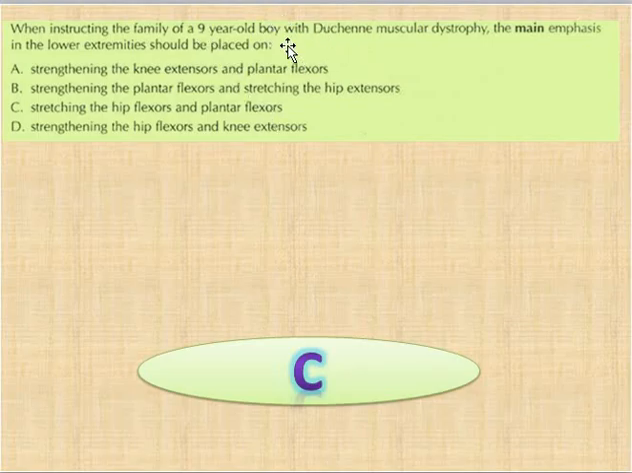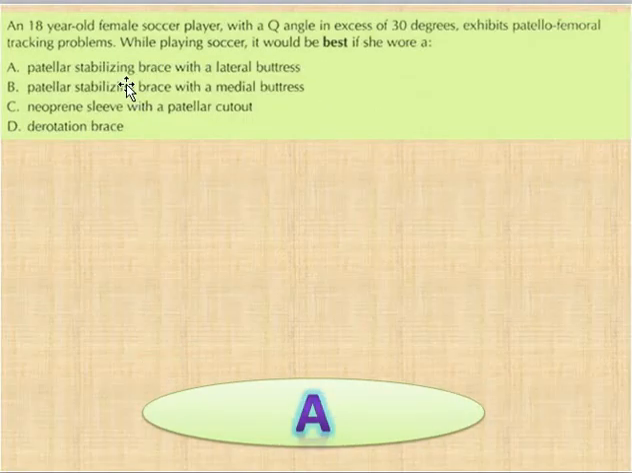When instructing the family of a 9-year-old boy with Duchenne muscular dystrophy, the main emphasis in the lower extremity should be placed on option A, strengthening of the knee extensor and plantar flexor, B strengthening the plantar flexor and stretching the hip extensor, C stretching the hip flexor and plantar flexor, and D strengthening the hip flexor and knee extensor. And the correct option is C, stretch करना है हमने hip flexors को और plantar flexors को।